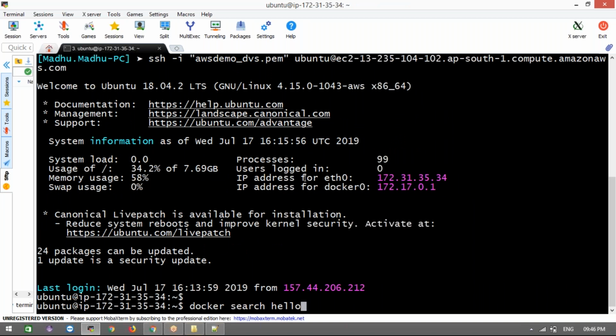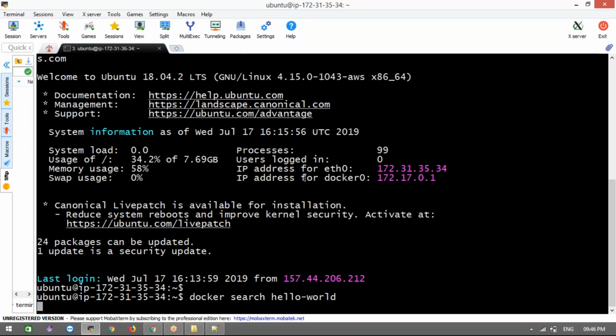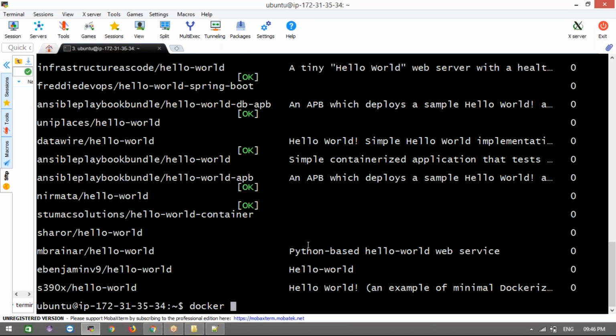Docker search hello. Just search this image. Oh, there are a lot of hello world examples. Then just download one of the images. We are searching for this image to see if it is available in Docker Hub. We need to search for a particular one, so we'll take the official one. This is the official one.